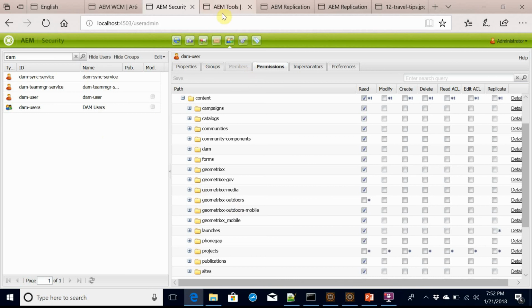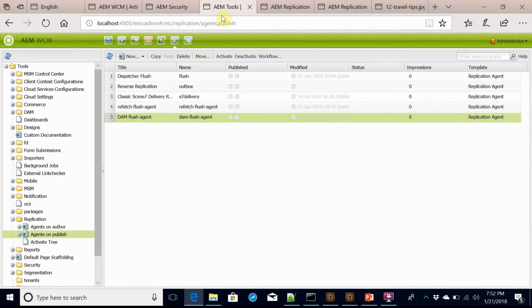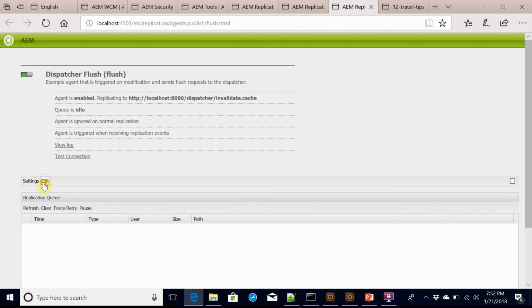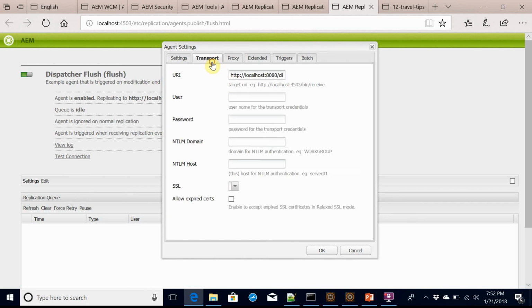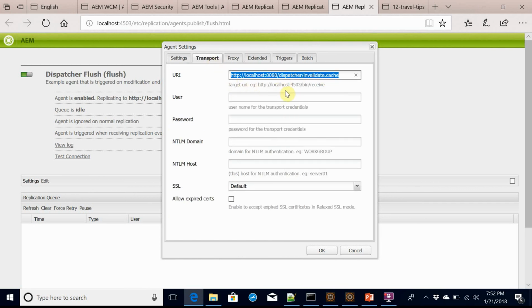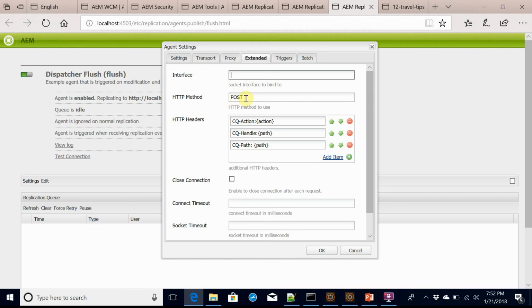Now we have to define two different flush agents. I am using the default flush agent for content. If I show the configuration here, it is the same thing. The only difference is that on this page you have to keep the agent user ID as content user, the user ID we created earlier with access to content. For transport, we keep the dispatcher URL. Then in the extended HTTP method and HTTP headers, we have only action, handle and path.